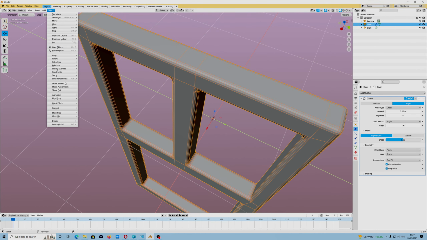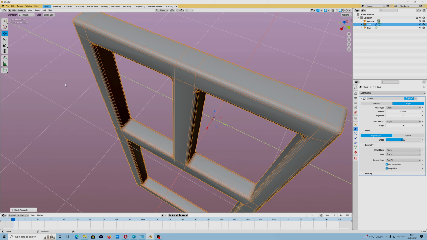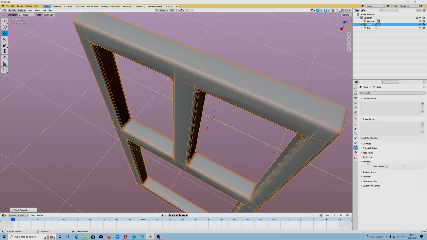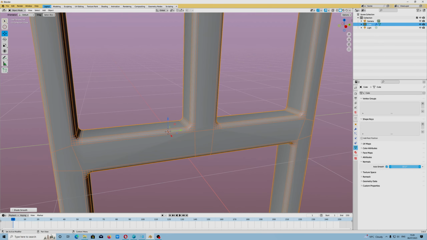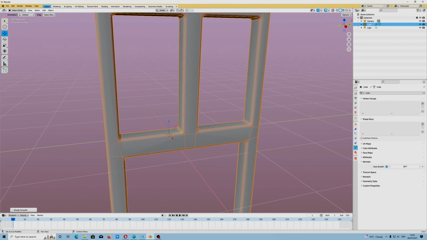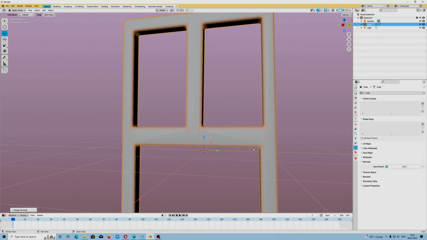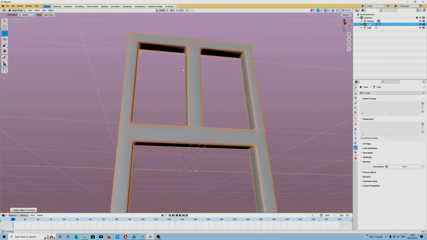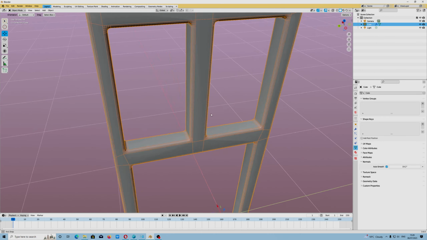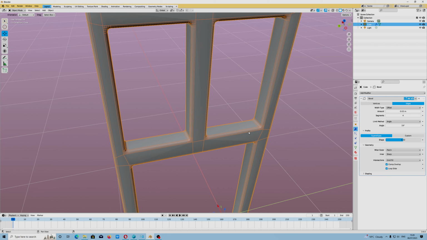When you go to Object, you use the option Shade Smooth, and in the Normals option you can use this option. This will look even better when you play around with some settings here. Sorry, I just had a problem with Apply Scale. I didn't have to do that, but when you bevel manually instead of using the modifier, you can apply